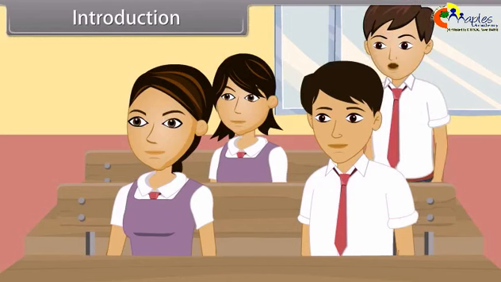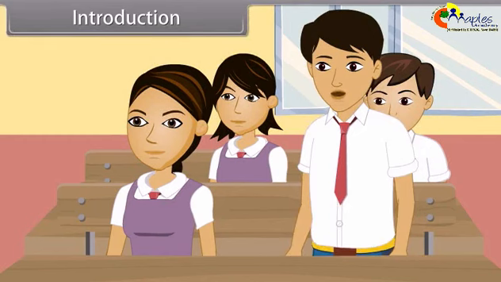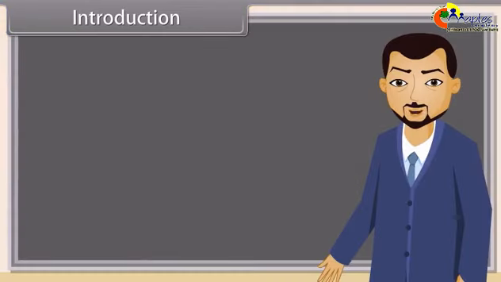Sir, and what we get from the sunlight? Good question, Raman. We get vitamin D from the sunlight. It encourages the absorption and metabolism of calcium and phosphorus in our body. Sir, what happens if our body cannot get the vitamin D? Due to deficiency of vitamin D, many serious diseases can occur, like rickets, obesity, heart disease, or high blood pressure. Students, today we will study about all these topics in our chapter Biomolecules.